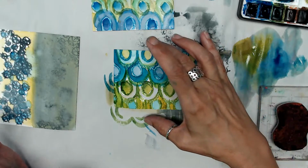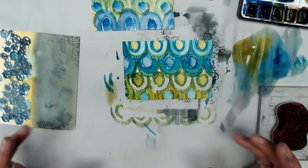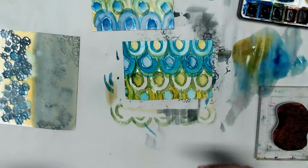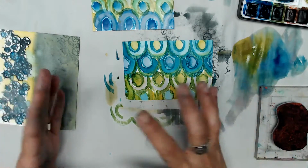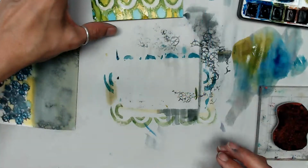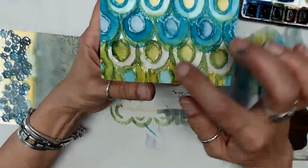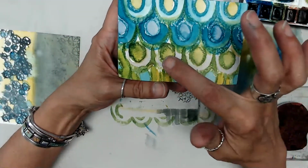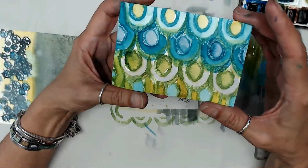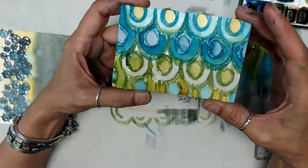I don't know about you, but sometimes when I get in front of a blank piece of paper, I sort of freeze up like, oh, I don't know what to do. But I found that with this style of stamping, if I just stamp out some fun images that call to me, it's so much of a no-brainer to just go in and start spreading color, and especially with watercolor, it's just really fun to watch it flow and see the different beautiful little imperfections. Again, there's that word that you get when the water hits it, or when you work wet on wet. Or again, when you start layering, you just get really unexpected